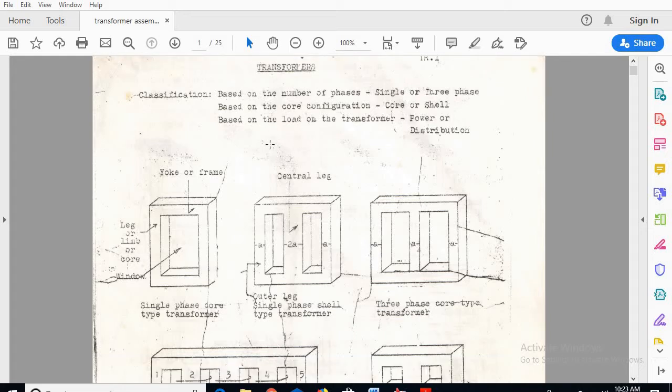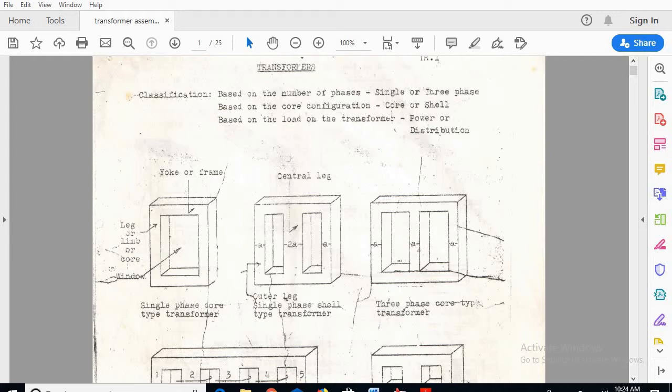Now with respect to construction of a transformer, it consists of a yoke, that is the frame of a transformer. So yoke and legs and the window for a single phase core type transformer. For the calculation, the leg will be the width of the stamping, considering A as the width of the stamping. Here you can see the single phase shell type transformer. The two outer legs will have the dimension A, that is the width of the largest stamping, and the central leg will have 2 times A.